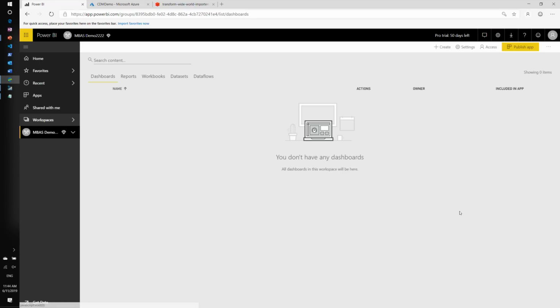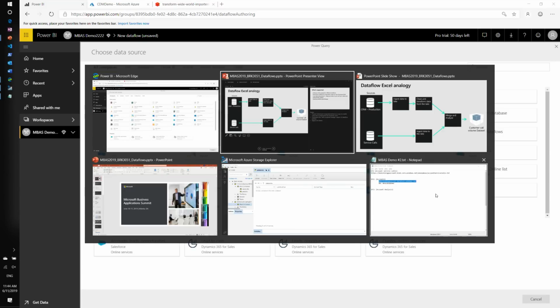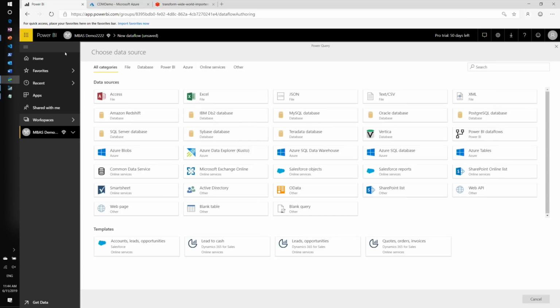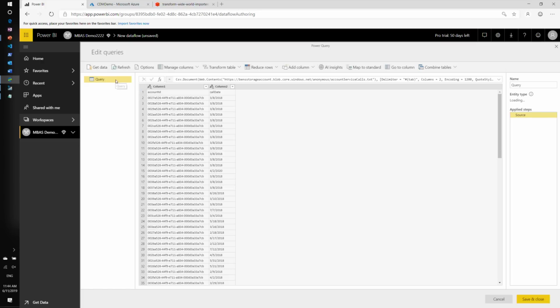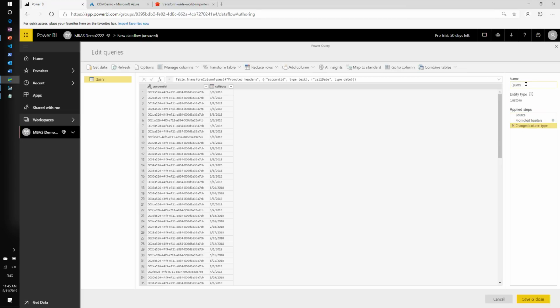So now I have a brand new workspace configured, and I'm going to create a few data flows to show you the concepts that I just talked about. So let's create one data flow that grabs account service calls. This is going to be from a CSV file. So right now, I'm looking at the data that I brought from the CSV. Let's use the first row as headers. And this data is going to be ingested. Let's call this